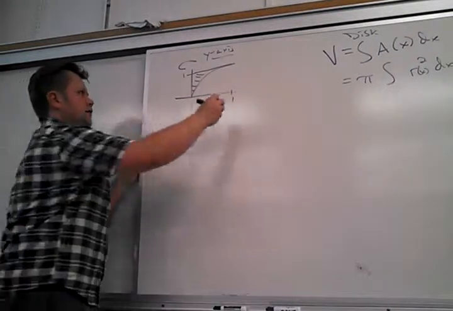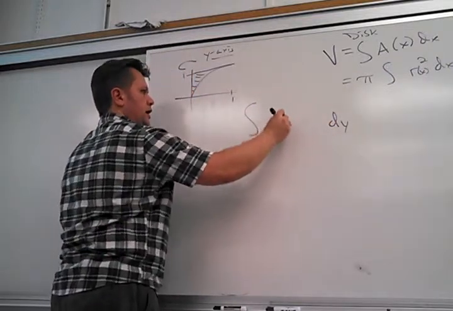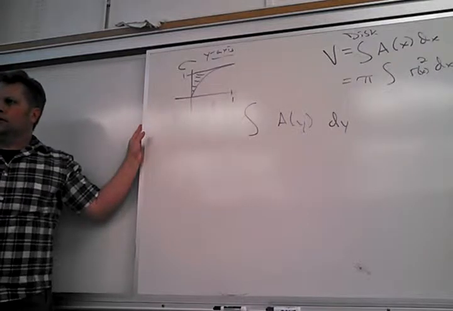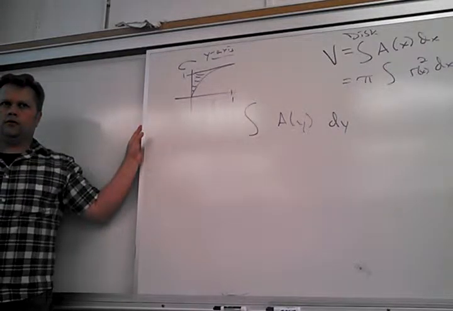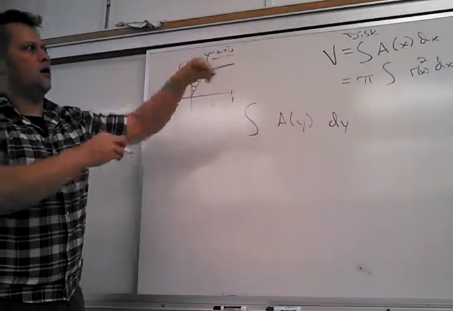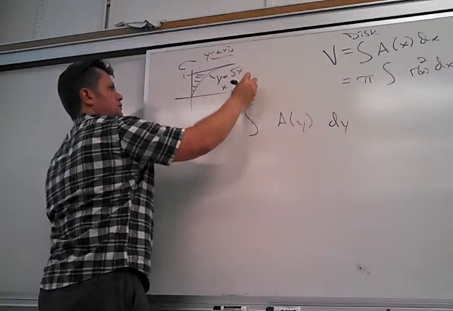So in this case, I know it's going to be integral dy. So I need my area to be a function of y. The way I've got it written over there, y equals square root of x. I need to turn that around. So x equals